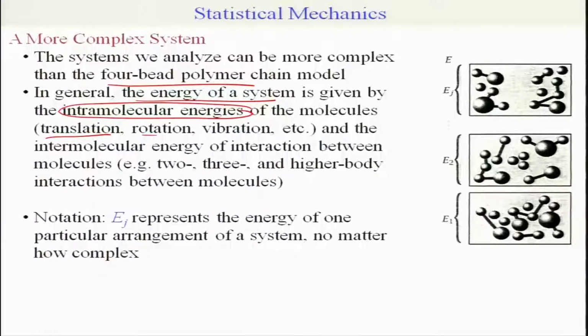translation, rotation, vibration, etc., and the intermolecular interaction between molecules, such as 2-body or 3-body or higher body interaction between molecules. So, if you consider many different snapshots of a system such as this which is shown here, there could be many energy levels E1 to E2 and Ej depending on the arrangement of the particles. Now in our nomenclature Ej represents the energy of one particular conformation of the system, no matter how complex it is. And if we collect these various different properties, then the average of this energy level would be given as